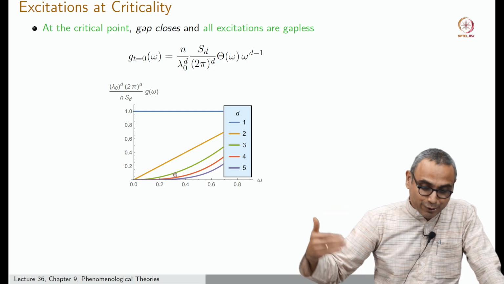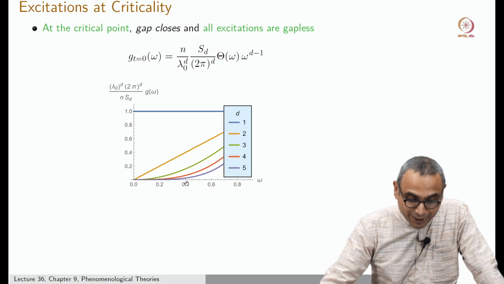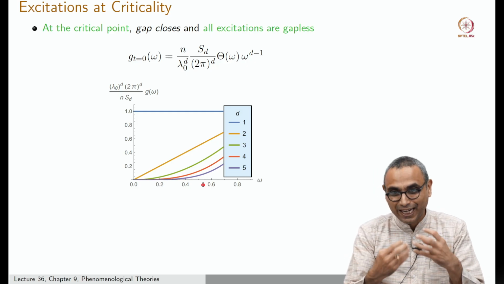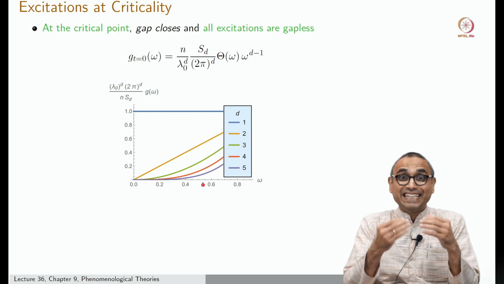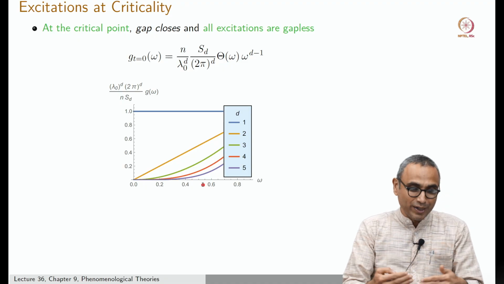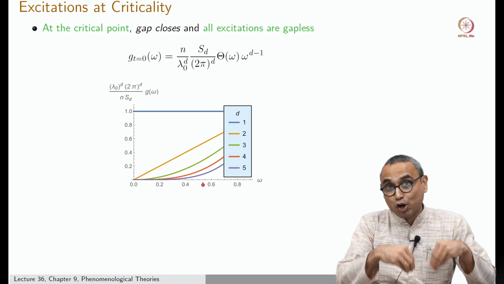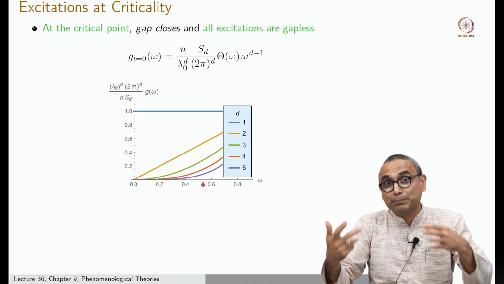When I start going to d equal to 4 and 5, this becomes even smaller. So what understanding you can gain is that the density of states of low energy excitations starts to fall as you increase spatial dimension,